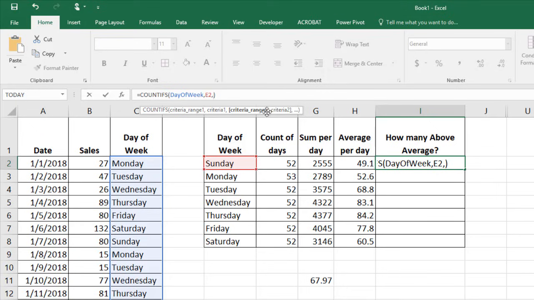So my second criteria is really, in this range, how many of these cells are above this? So my criteria range for this is sales, comma, and the criteria, I want to know if it's greater than 67.97. So I'm going to put in the greater than symbol, but the greater than symbol is actually a chunk of text. So to get the formula calculator to calculate this, I have to wrap that greater than symbol in double quotes. And then I could hard code the 67.97 into here,